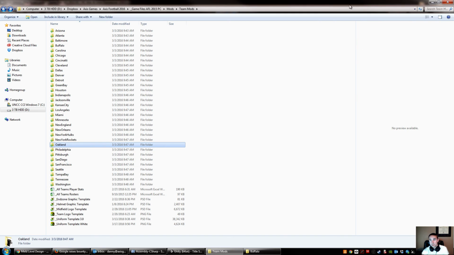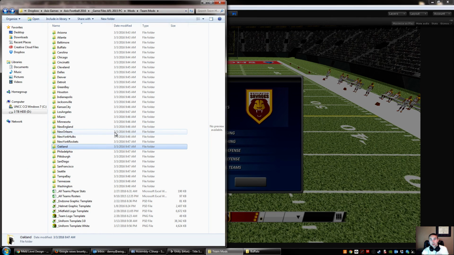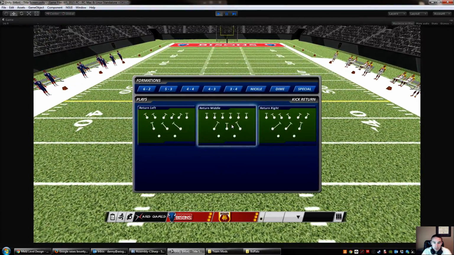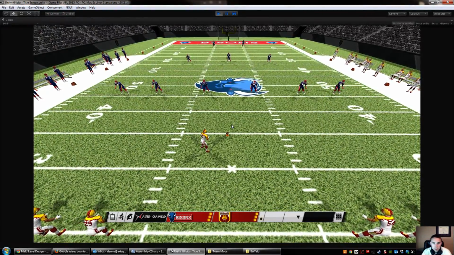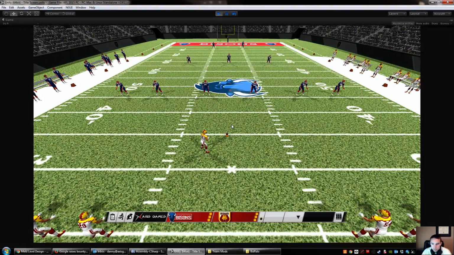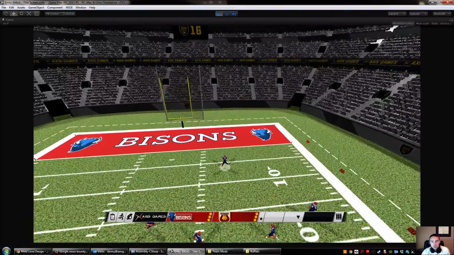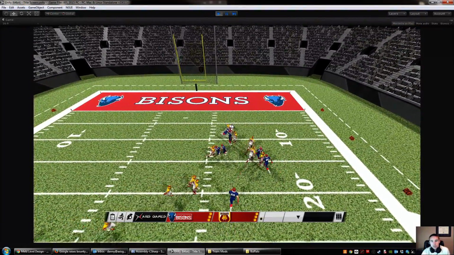Someone's going to take it and drag it into here, and it's going to completely change the entire team from rosters to stats to logos to uniforms, everything. So it's all located in one file, in one folder, excuse me, which should make modding a lot easier. So that's what we got, and I'm going to show you one more thing today before we finish up. I mentioned before in that little video I did about